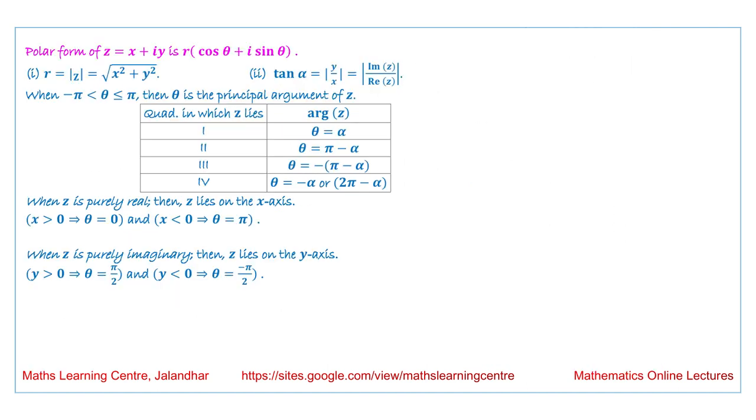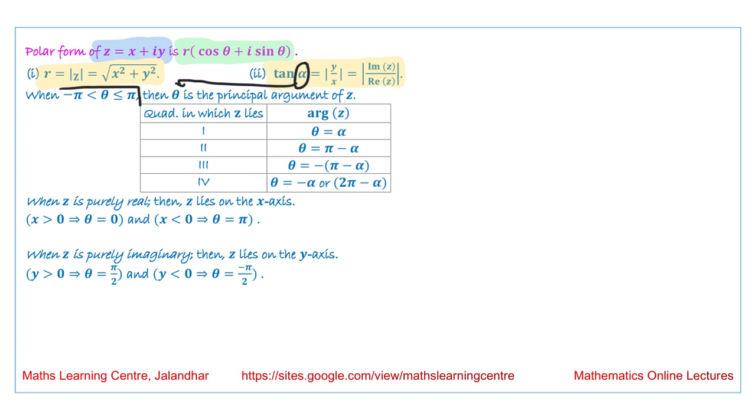So we have studied several properties related to the polar form. Now we summarize the properties that we have studied over here. So we are saying if the number z is equal to x plus iota y, then its polar form is r cos theta plus iota sin theta, where the value of r is basically mod of z, that is equal to square root of x square plus y square, and value of tan alpha is equal to mod of y by x, that is equal to mod of imaginary part of z over real part of z, and corresponding to this alpha, we can calculate the values of theta,